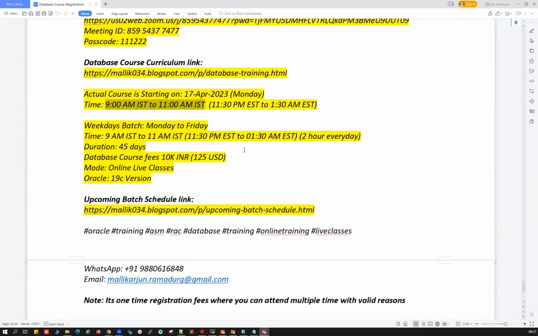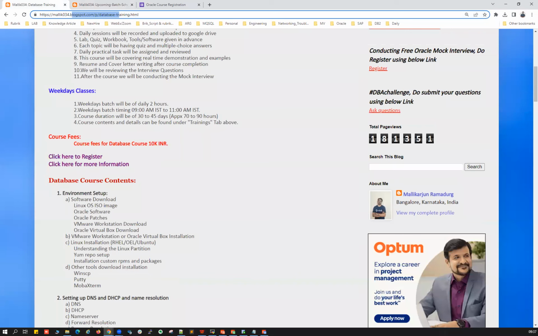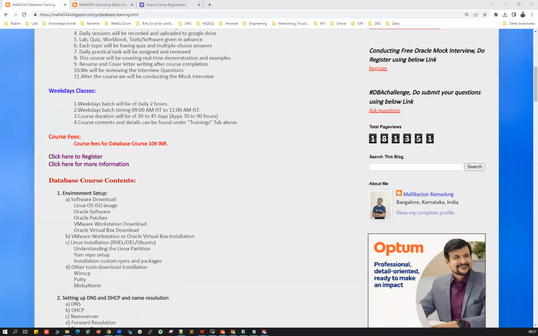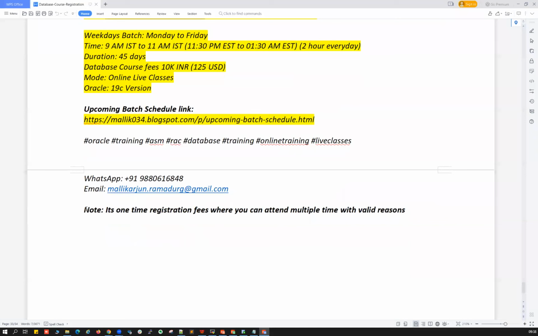All right. Any questions, guys, on the course curriculum or the course duration or anything? A couple of questions on the chart here. If we miss the present batch, like right. So as you can see here, I already clearly called out a special note. It's a one-time registration. Whatever fees you pay, it's a one-time registration, and you can attend multiple times with a valid reason.